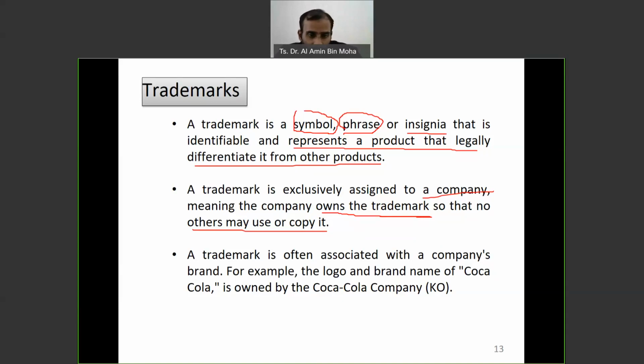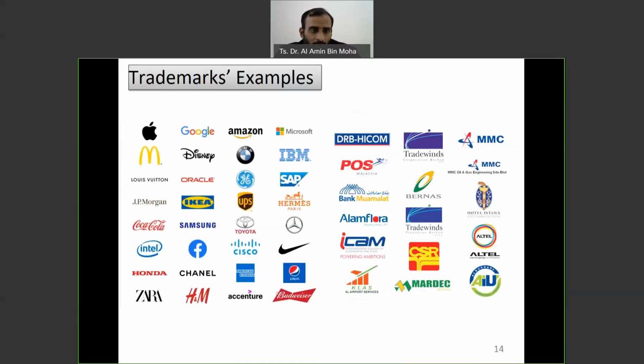The trademark is often associated with the company's brand. For example, the logo and brand name of Coca-Cola is owned by the Coca-Cola company. And here are some examples of trademarks. We know this is Apple, iPhone, Google, Amazon, Microsoft.